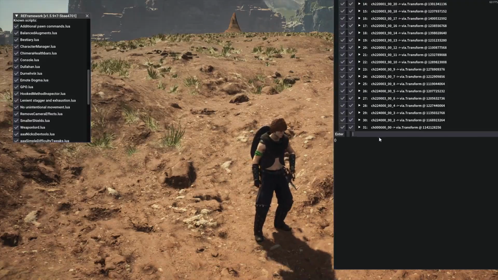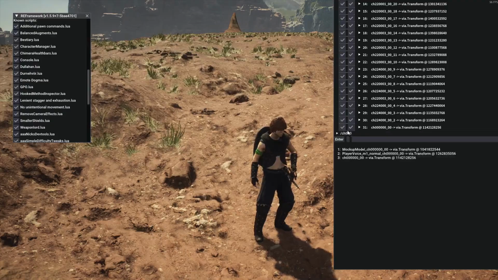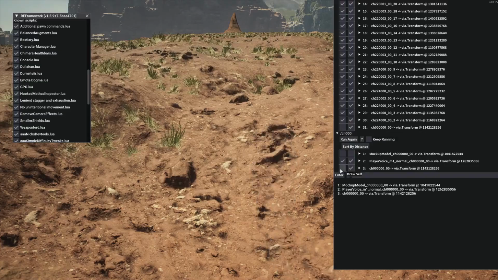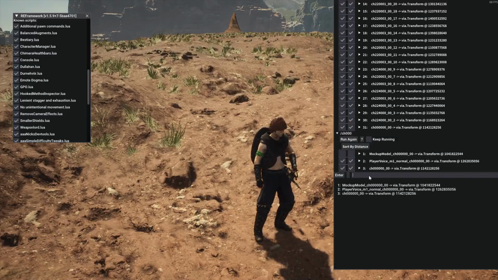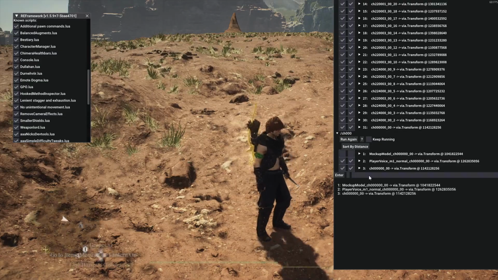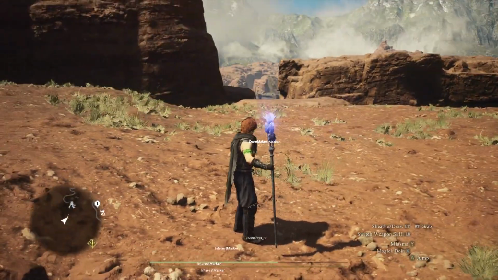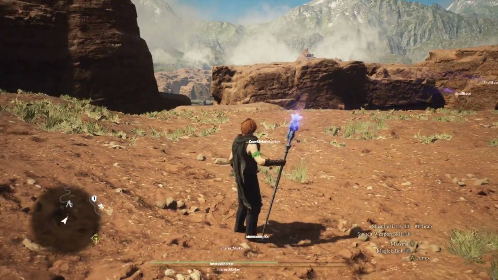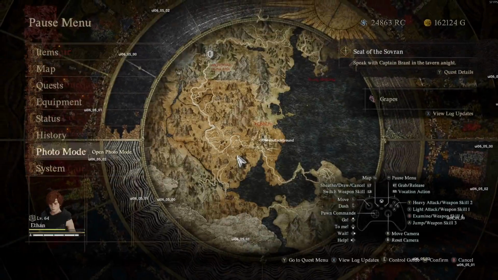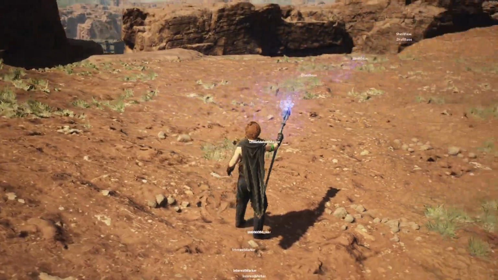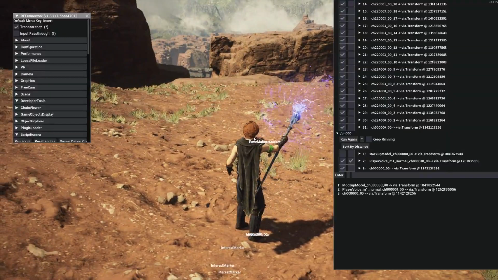The next thing we're going to do is do a name search for game objects, and we can actually do this to find the player's game object again. So here it is again, but you can use it to find all sorts of stuff. So for example, when I use projectiles with the staff, you can see here that they're called cell base, so you can search for them like that,